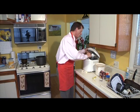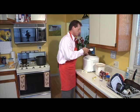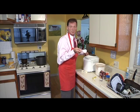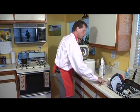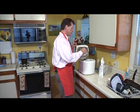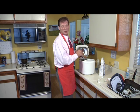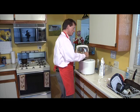So we add all our water to the mix, which is a total of 1 cup plus 5 tablespoons. And when you mix this, just check periodically, because mine is square shaped. A lot of bread makers are round. You don't have to worry about it so much with the round ones, but with these rectangular ones, you want